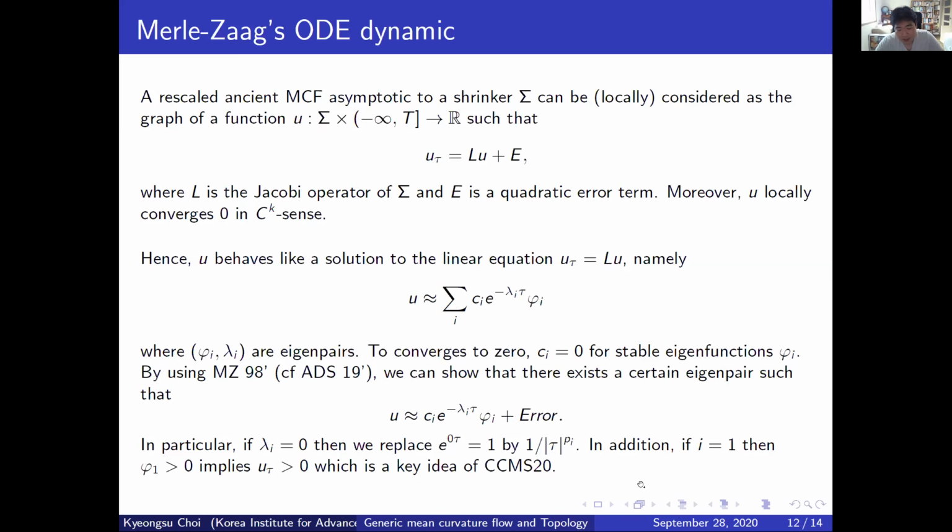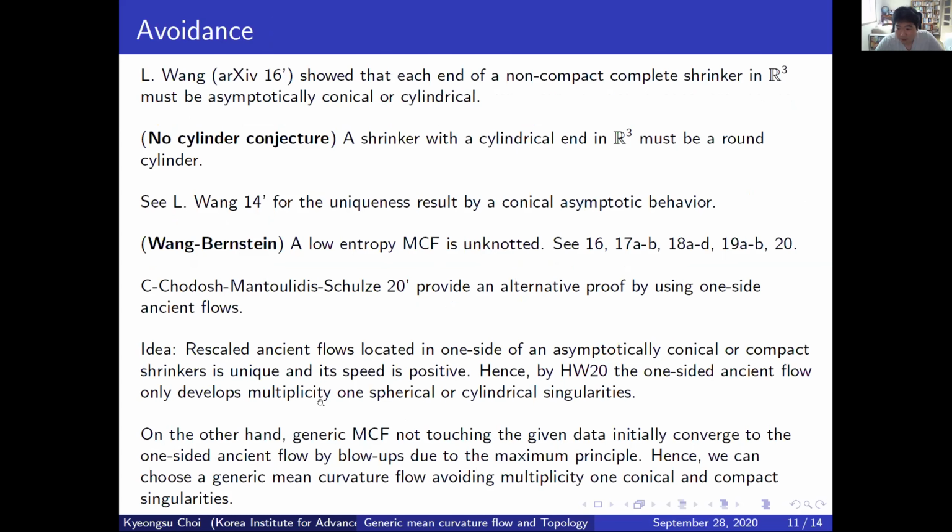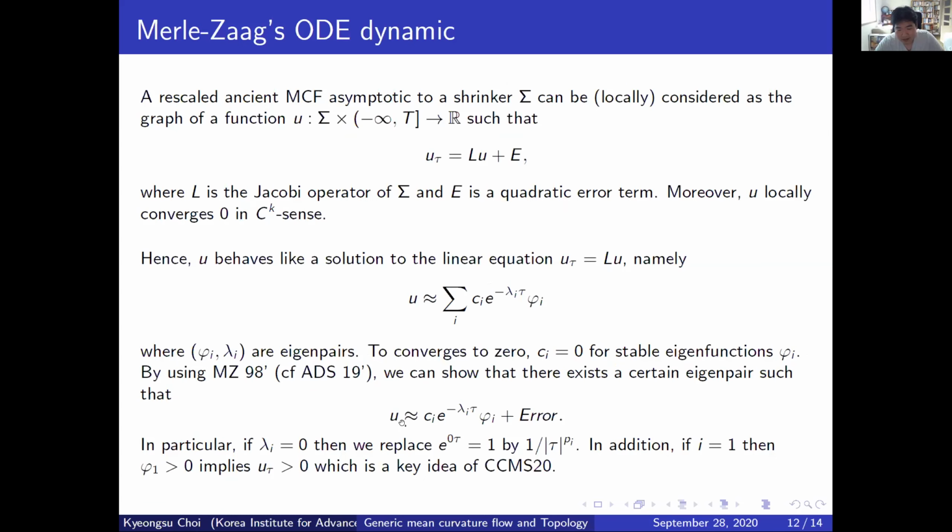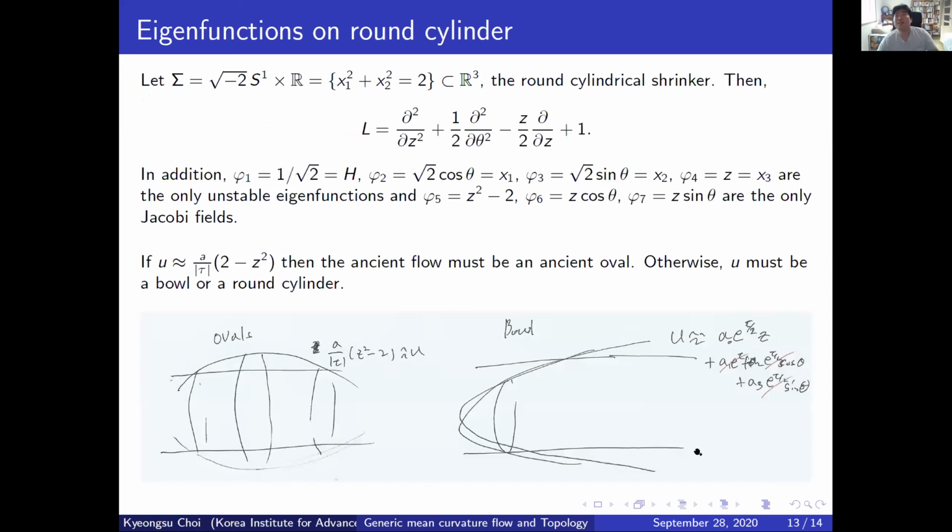So this was the idea of this paper. To be one-sided, this U must be positive everywhere, which means this leading eigenfunction must be positive. And then a positive eigenfunction must be the first one, and in that case we have uniqueness, and its derivative must be positive. There are some similar cases, but this is a specific example, and maybe I'm out of time, so I can stop here.